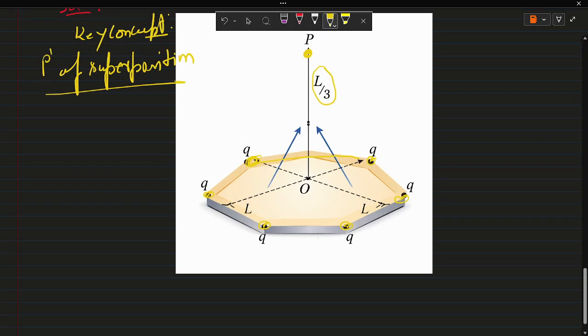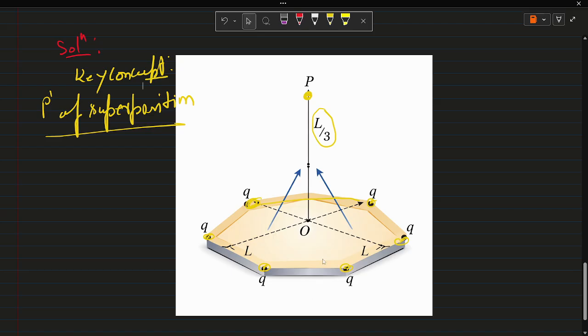So first, let's look at the diagram to see how we can find the electric field due to a single charge, right? So suppose I take this charge. This charge will produce an electric field here that can be calculated by using Coulomb's law. And because this is a hexagon,